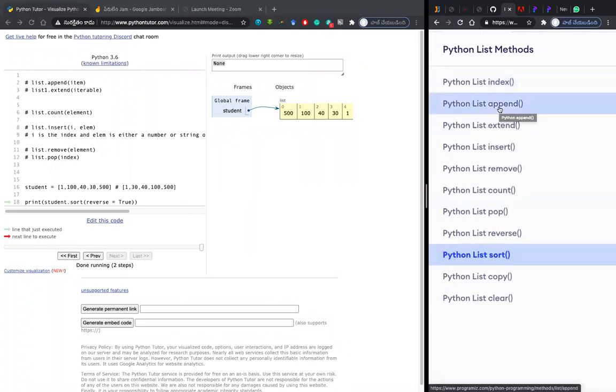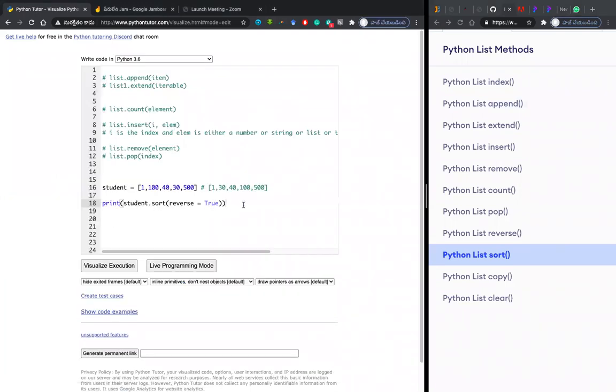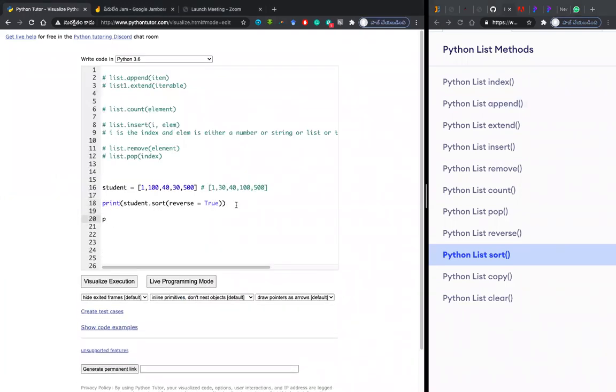What is list append? Is it type 1 or type 2? In append, we are passing an item or an element, but are we expecting any return value there? No, sir. We are just modifying something in memory. We are not expecting any return value. If I print something like this, what will it give? I'm just removing this one.